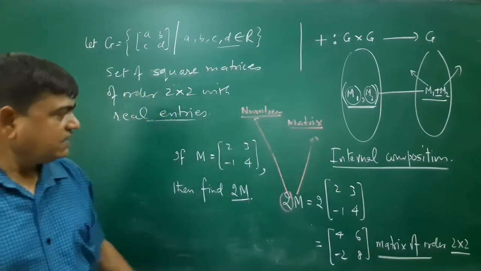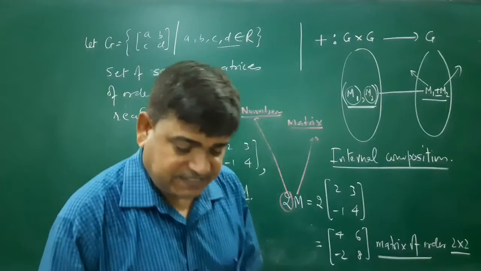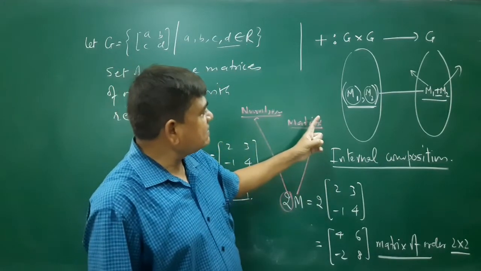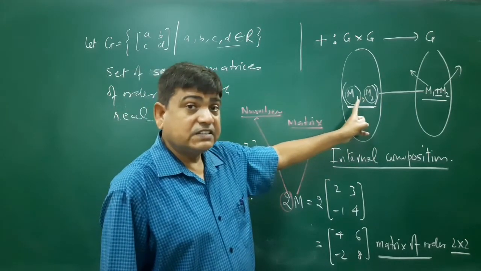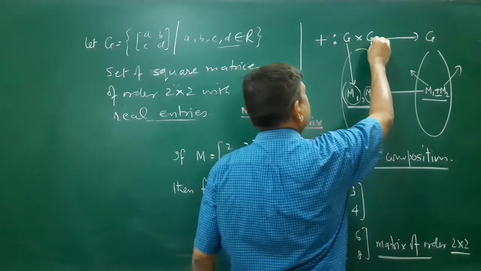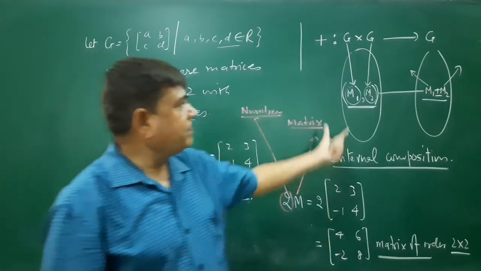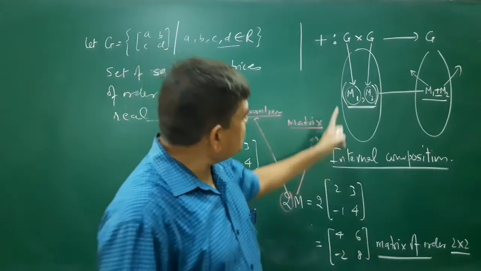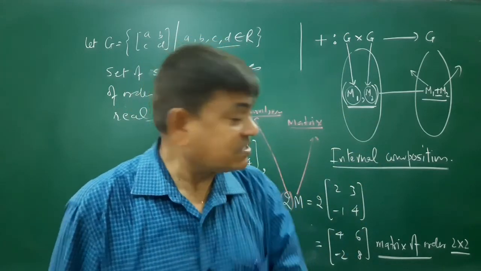Remember, this is a number and this is a matrix. You will not find this situation in this part. M1 is from this, M2 from this. Pair of two matrices. I do not want a pair of two matrices. I want first component